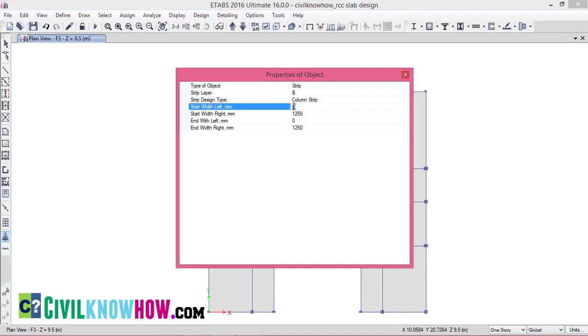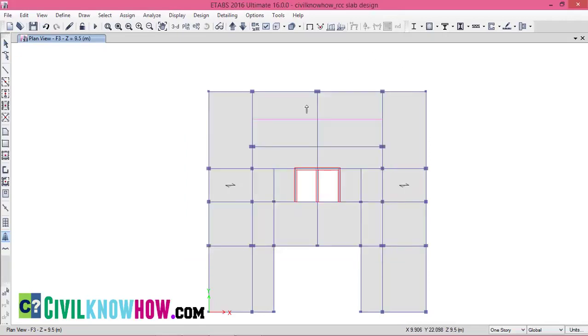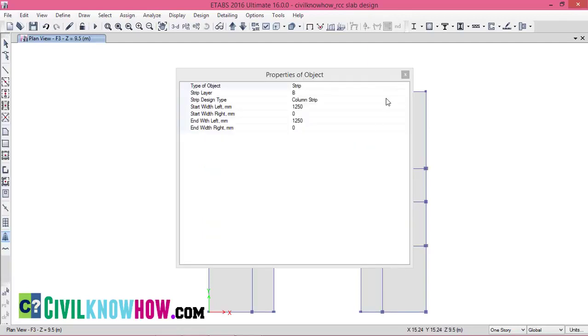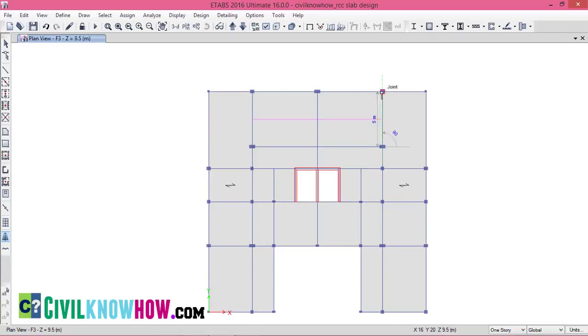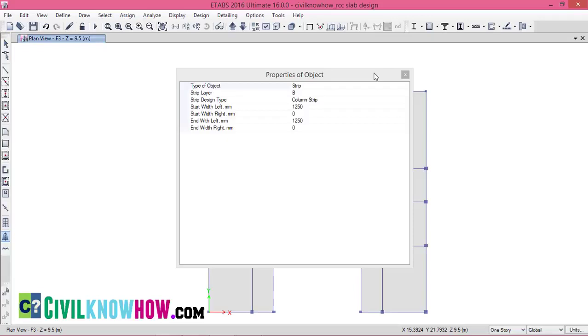So here I will interchange the values. And I will draw it from here and also over here. So now we have finished assigning the column strips along the strip layer B, and next we need to